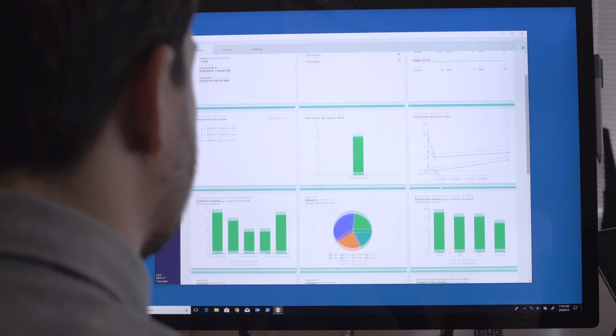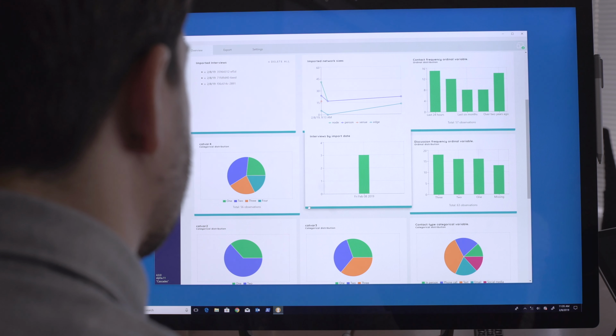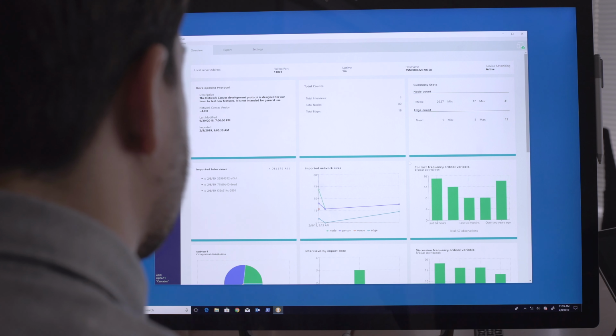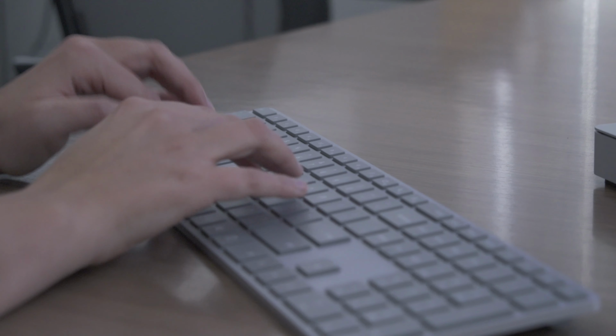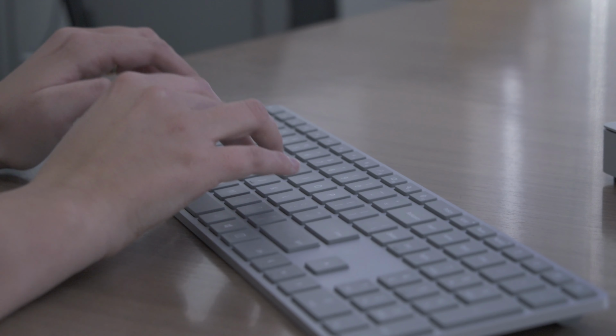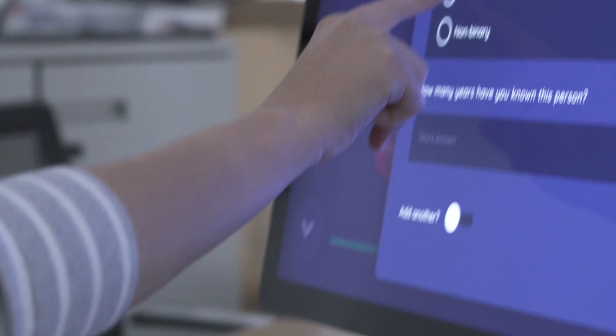We didn't stop at Network Canvas. We built a server, or the Network Canvas Server. That's a secure server that a person can run on a computer in their lab that will then connect to Network Canvas field devices. And then those devices will send that data securely back to the researcher's own computer. It's never going on Dropbox or on Google or anywhere else. It's meant to be a secure feature.